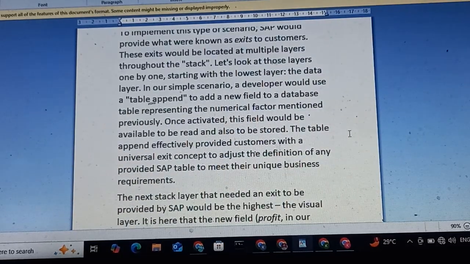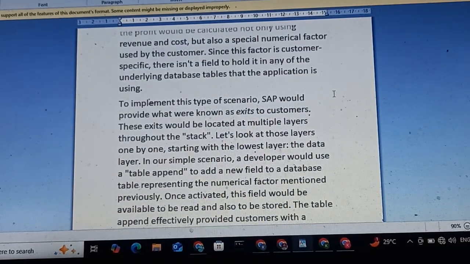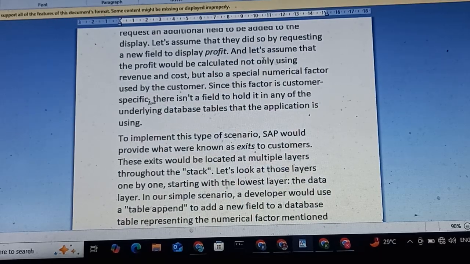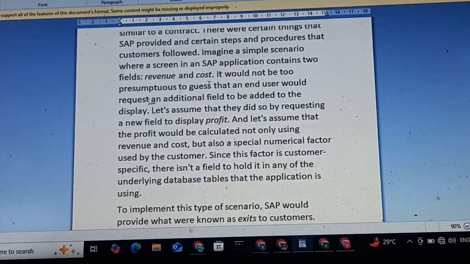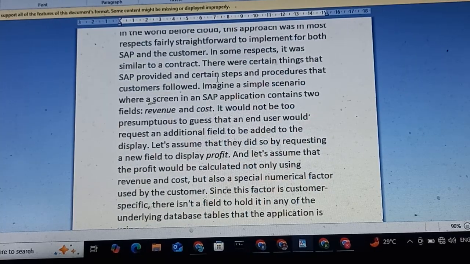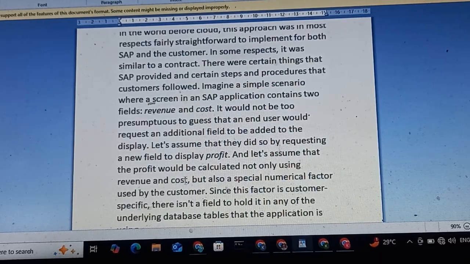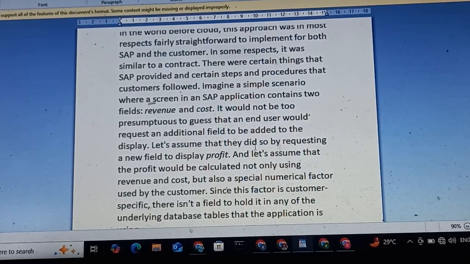to the display. So we discussed already, this one added to the display. Let's assume that they did so by requesting a new field to display profit, and let's assume that the profit